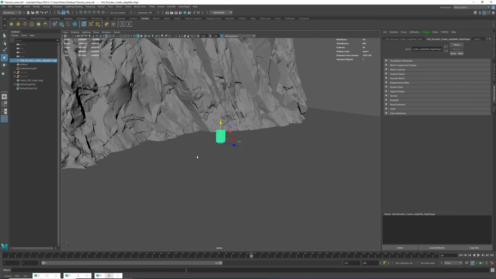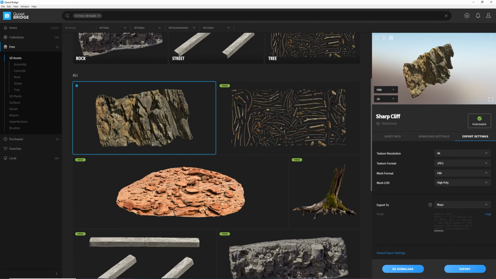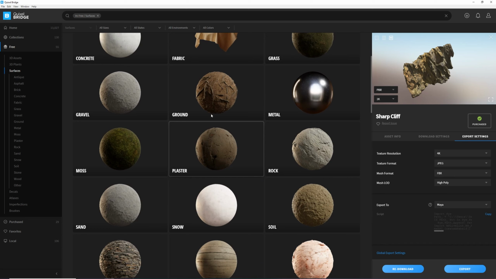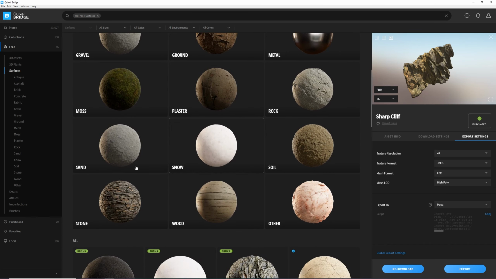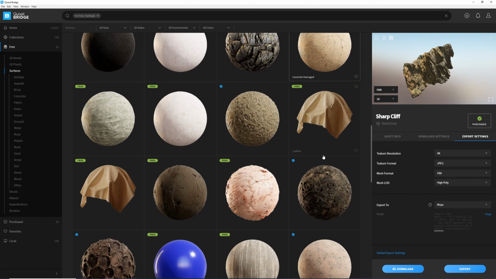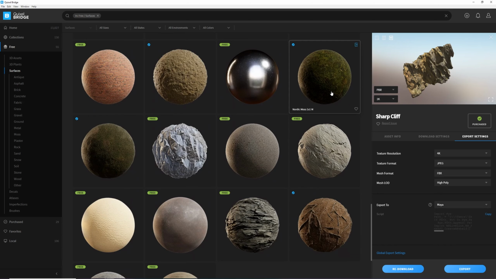I would want some sort of texture for my ground. All right, so I'll go back to Bridge. Now instead of 3D assets, let's go to surfaces. And this is going to give you textures that are tileable and very, very nice. And they're also scanned. So if you scroll and find something that you find useful,